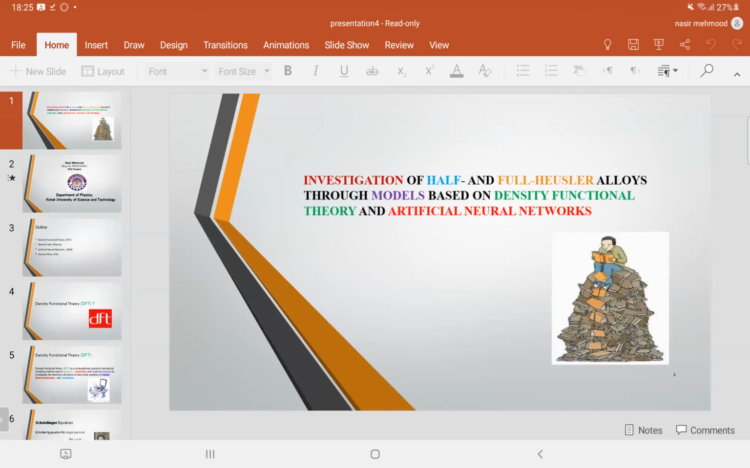Today the topic of my talk is the investigation of half and full Heusler alloys. This investigation is basically based on modeling, and for the modeling, we have used density functional theory (DFT), and then